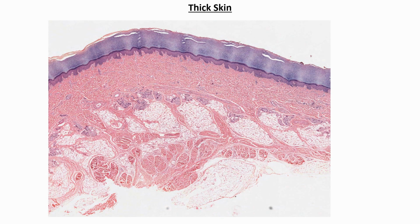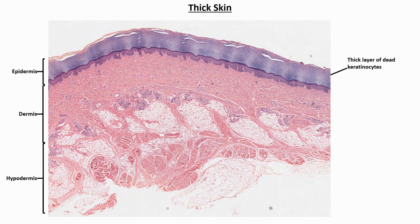Now that we're looking at the skin in a microscopic view, we can see we have an example here of what's called thick skin. And we can see three layers here fairly readily: the epidermis, the outer layer of skin, the dermis, which contains blood vessels, glands, and so forth, and the hypodermis. Now the epidermis is largely made of keratinocytes. We have melanocytes for pigmentation in there as well, along with some antigen-presenting cells that help us fight off any